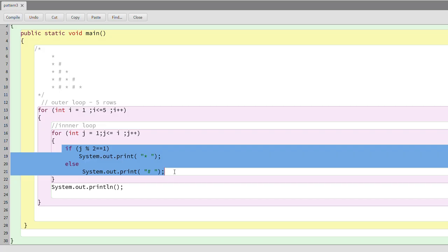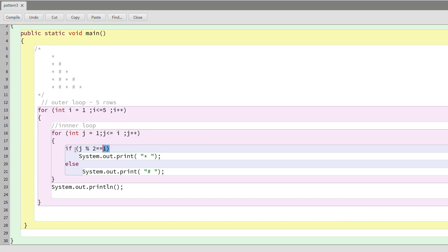So my first character, that is my odd place, is a star character. So what I will do is, if j modulus 2 is equal to 1, if the remainder is 1, that means this is an odd place, that is 1 is odd place, 3 is odd place, 5 is odd place.